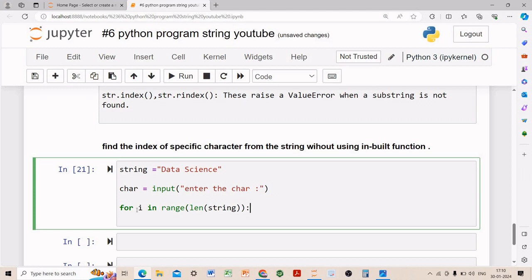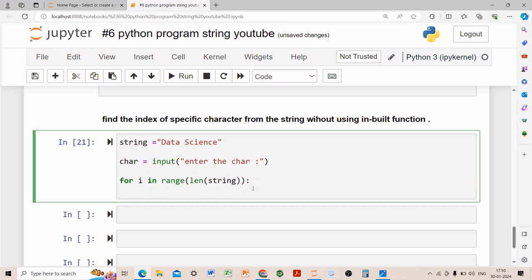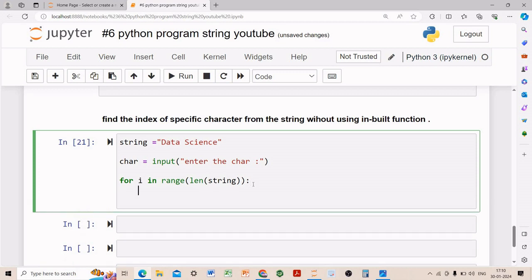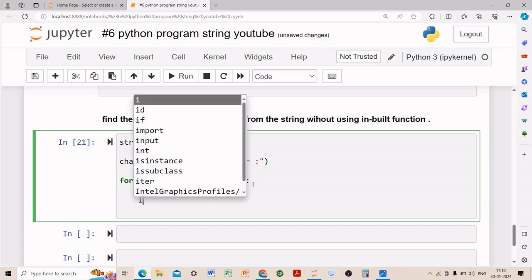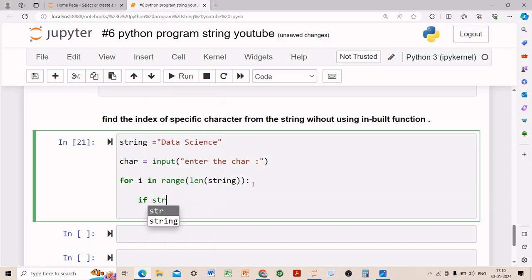So here we use a range function because when we pass the parameter to the range function, it considers its end parameter. So range function counts from 0 and the end gets excluded. When we count the length of this data science string, it will be 12, and when we pass the length of string, it will count until 11 because our indexing starts from 0 and we want to find here the index of our given character. So we use if condition and string of i,